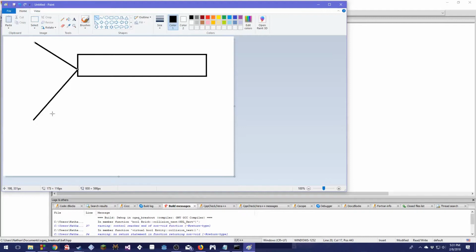You know, we might just have to leave this as a bug for now, because I'm not entirely sure how to deal with that. But it looks to me like if x plus width is equal to the paddle's x, but we have to create some sort of margin of error, because let's say the ball is like here